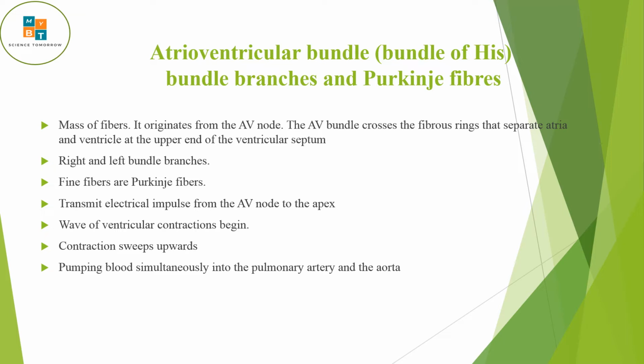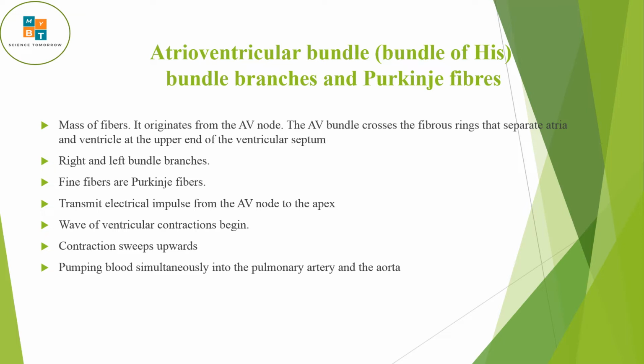So it's a mass of fibers. This atrioventricular bundle and Purkinje fibers is a fiber system. It originates from the AV node. As you know, the SA node is in the right atrium, near the superior vena cava, and then the AV node is at the wall between the left and right atria. Starting from the AV node you have the atrioventricular bundle,